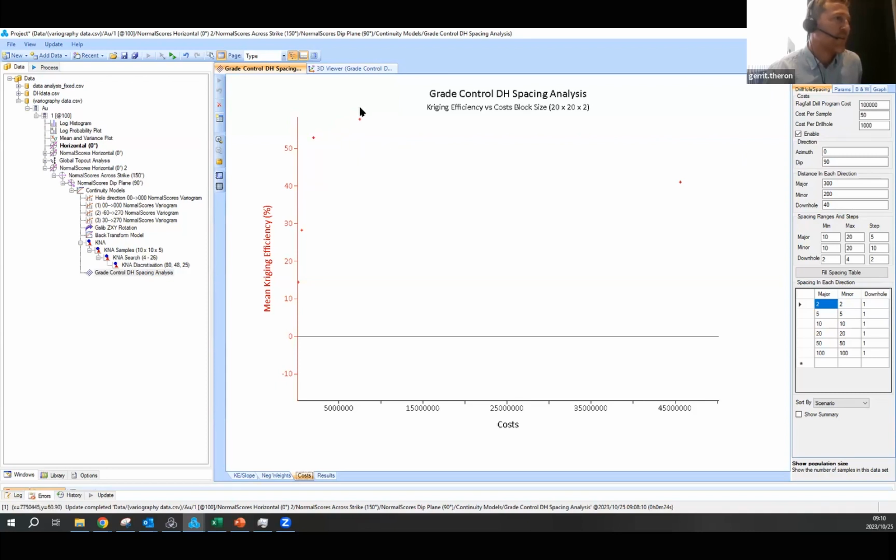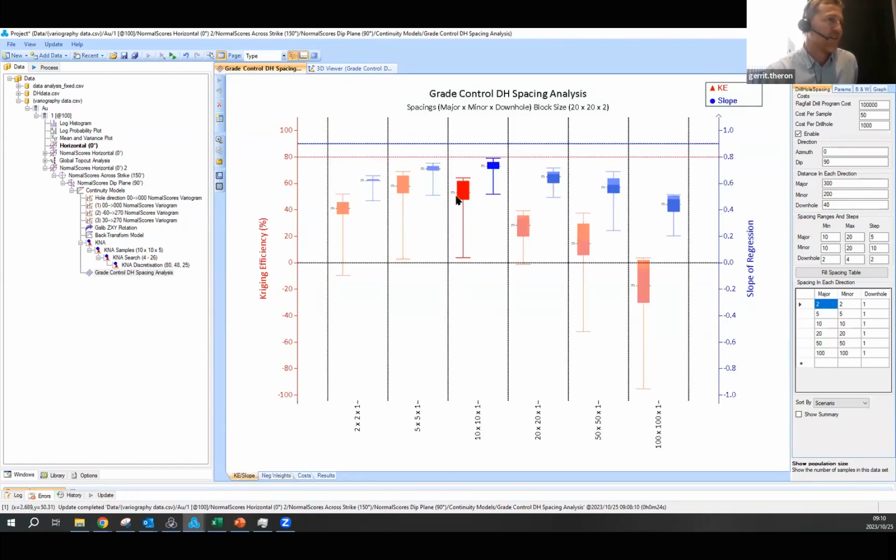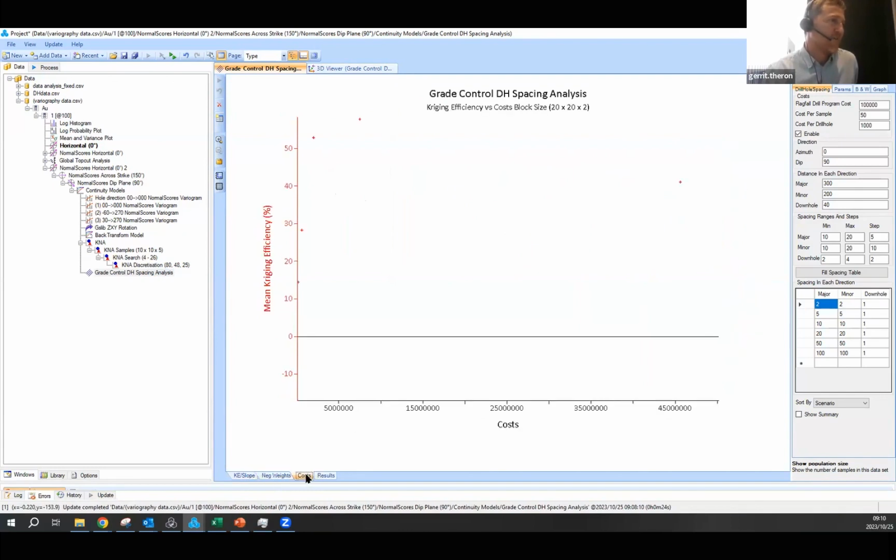So although the kriging efficiency only increases slightly, our costs of exploration or drilling is reduced by a quarter, or is a quarter of what it was for the 5 by 5 meter. And you can see how the cost drops for those, but then also our kriging efficiency drops. So maybe it would be better to go for this one. Okay, so